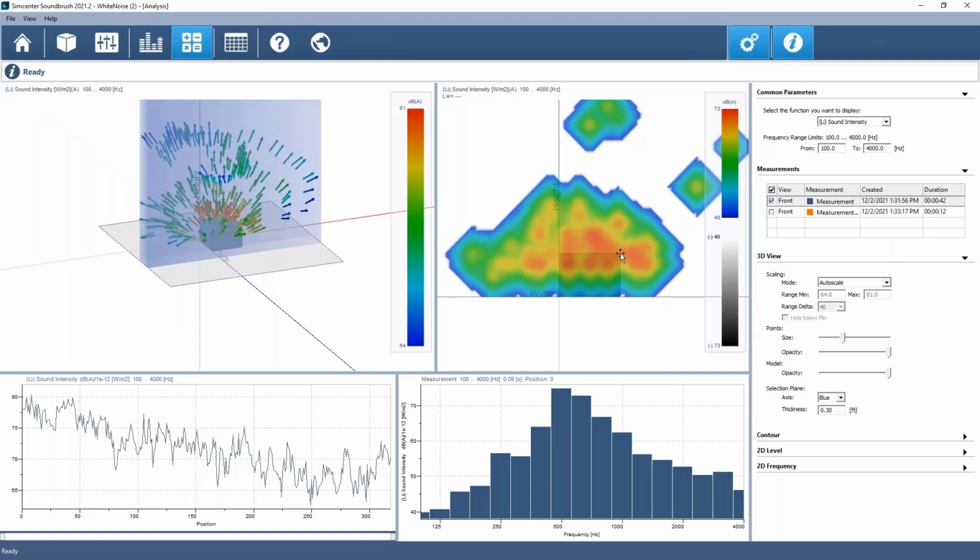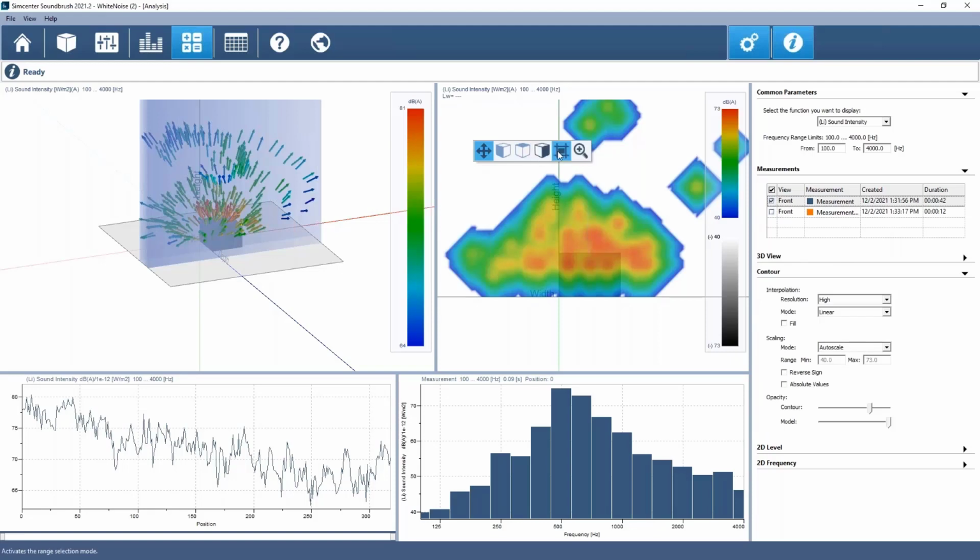And since I now have a 2D representation of sound intensity, I can also come in here and calculate sound power. Okay, so this is now going to be the area over which I'm computing my sound power, and I get 55.1 dBA of watts of sound power. And so I could move this around to different areas and see how that compares.